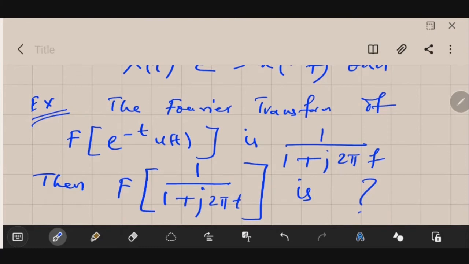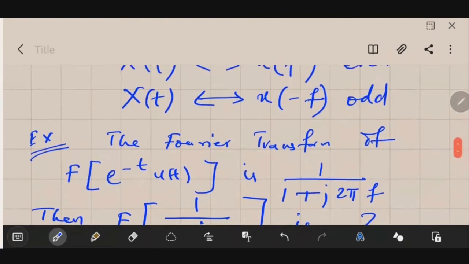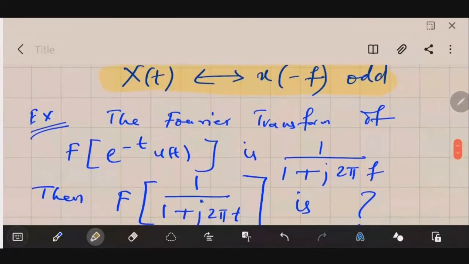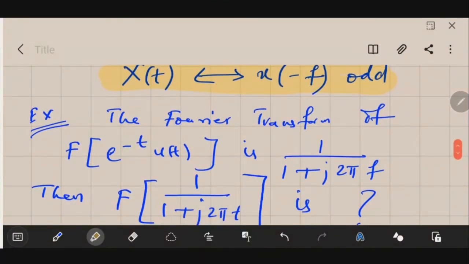Yes, any answers? Try to find it out. Just use the property that was taught to you right now. You could directly use this property that I have shown here. Let me just highlight it. You could use this property simply. So solve it. If any one of you gets an answer, let me know. Otherwise, I will be helping you solve this.